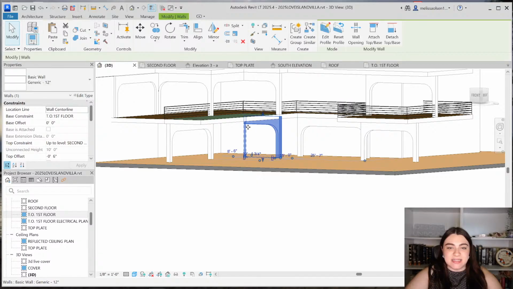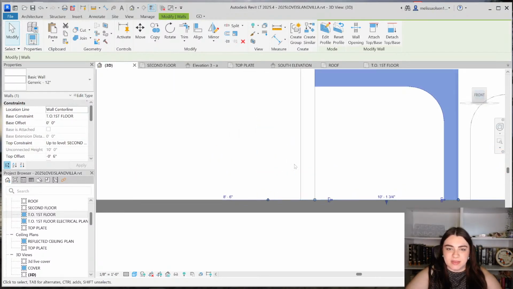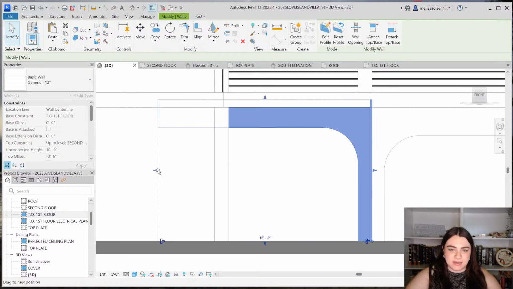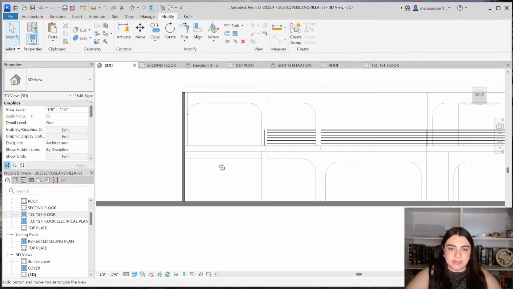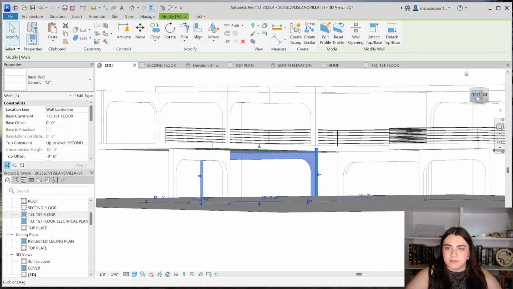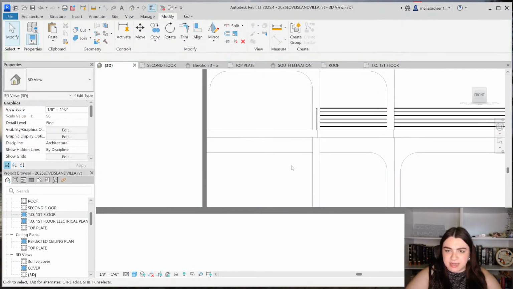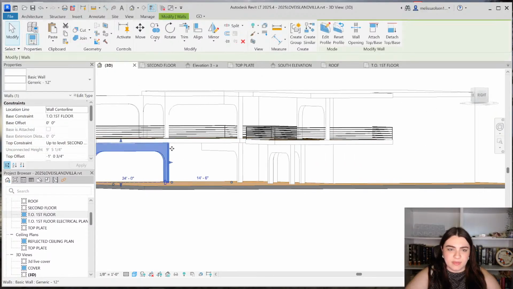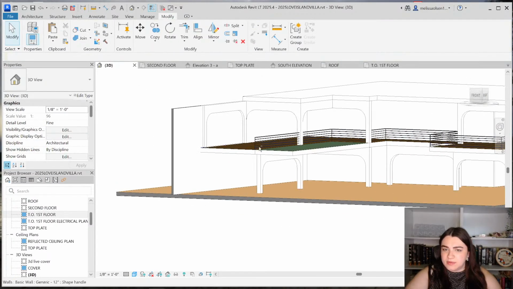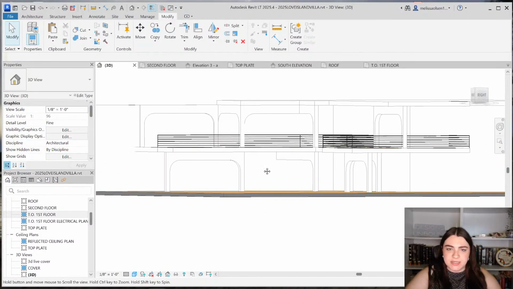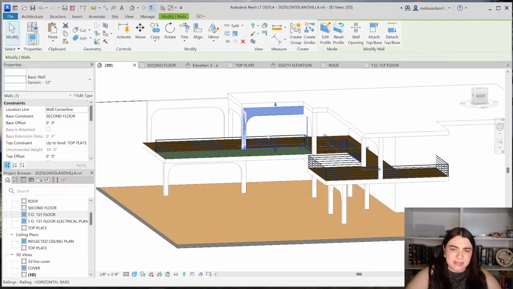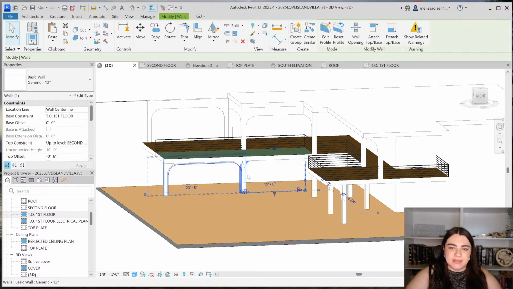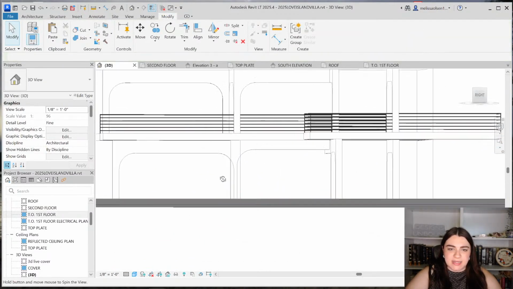Let's extend this. Okay. So what we're going to do is take this little end and extend it. Oh, we can just pull it. So I'm going to pull that all the way over. I'm also going to adjust this to come down so our tops are all the same. Perfect. All right. And then this is the same too. Yes, so that is